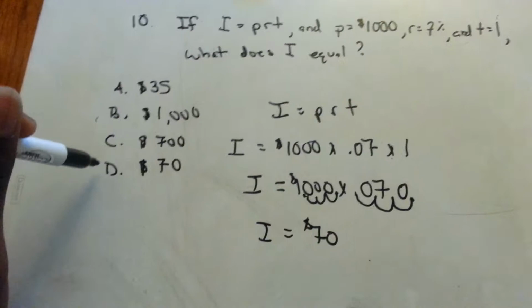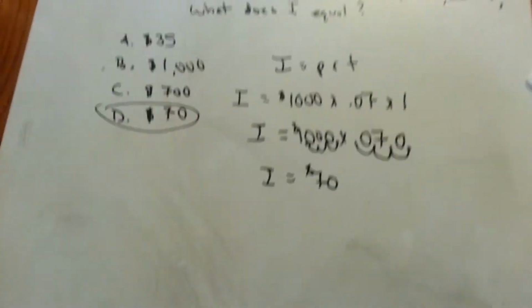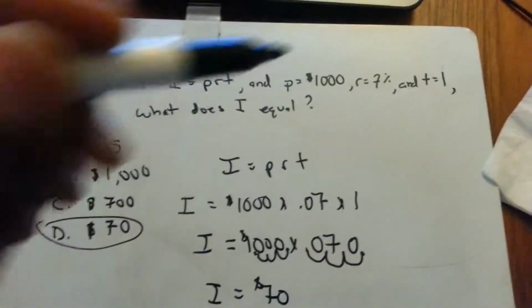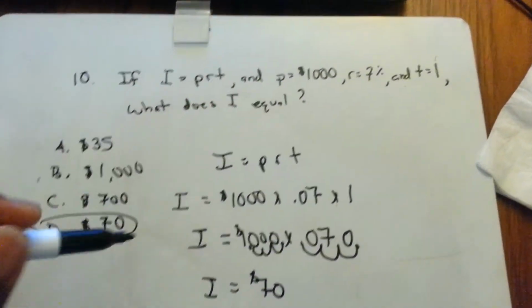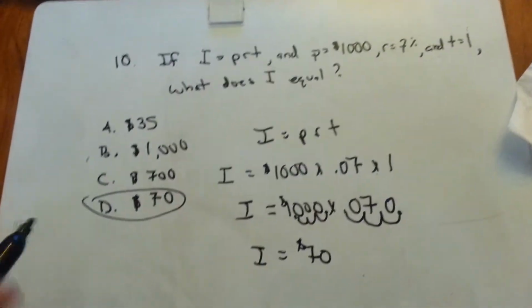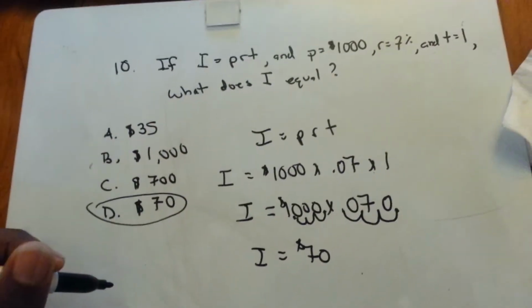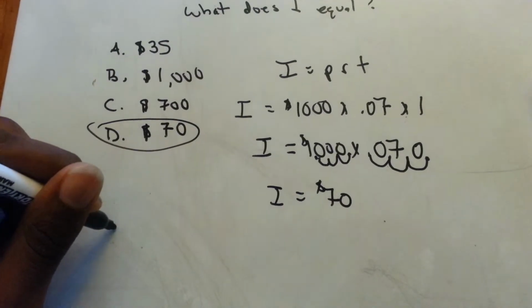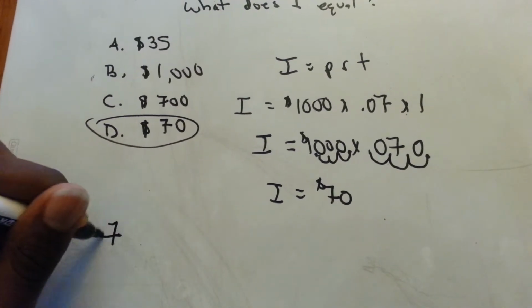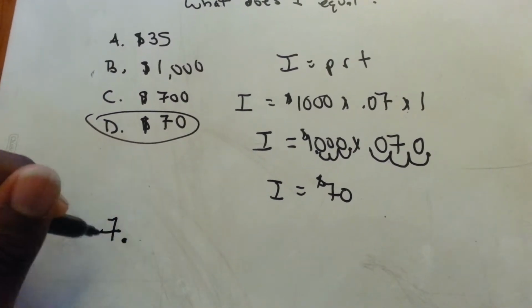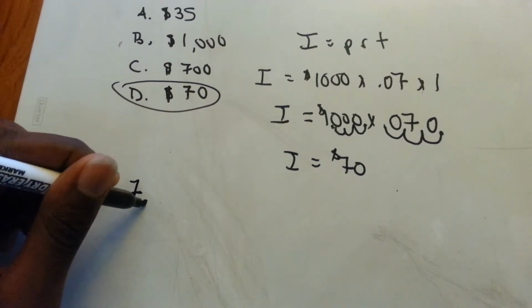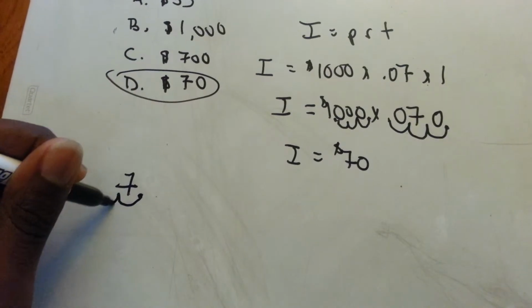The answer is C. To give a little bit more explanation, there are a couple of tricky things in this problem. The first thing is the percentage. If you don't know how to turn a percentage into a decimal, you basically just divide it by 100. So 7 divided by 100 would be,